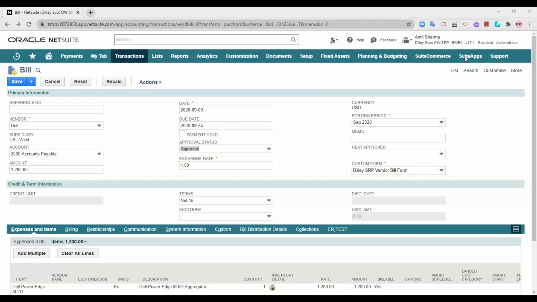That means when I save it, the next option available for me will be return, and the pending approval flag will not be added to the status shown in the purchase orders. So here I have changed the status to pending return, and any other information I would like to put in, I can also put in. But here I do not want to create the vendor return authorization, so I'm just canceling it.